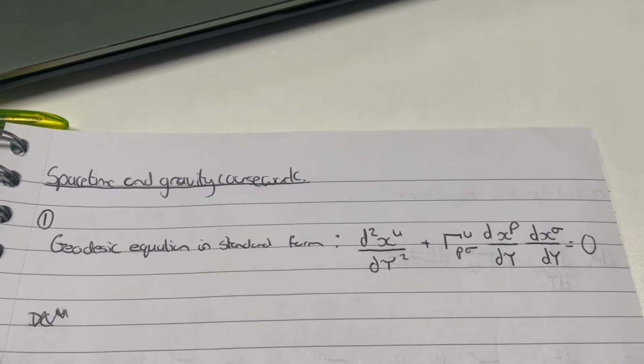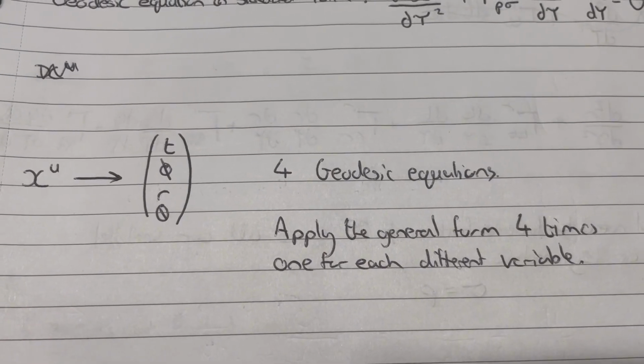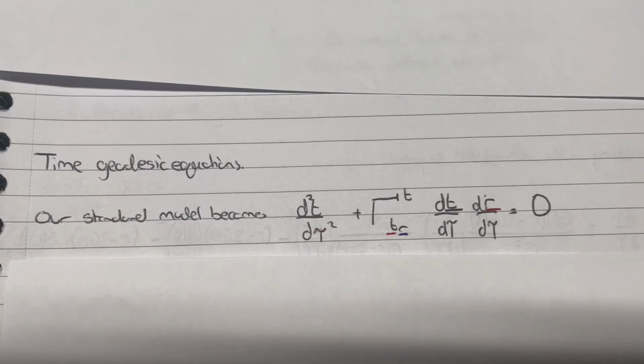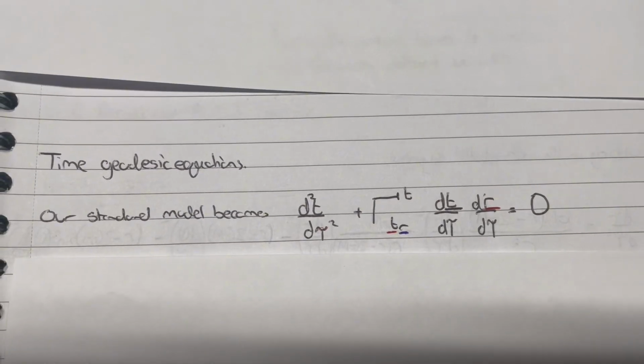So to answer question 1, we need our standard geodesic equation. Since the vector x^μ has 4 components, we'll end up with 4 geodesic equations, and thus we will have to use our general geodesic equation for each component, namely t, theta, r, and phi. So if we look at the time geodesic just as a reference point, our standard geodesic equation becomes,